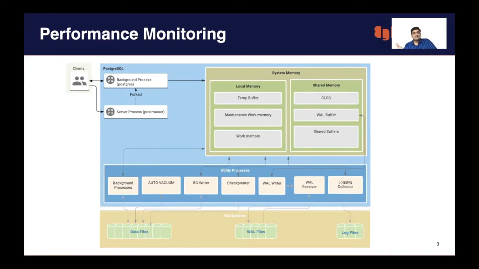As some of you know, Postgres uses the MVCC architecture, and for every insert, update or delete, it creates a new version of rows.